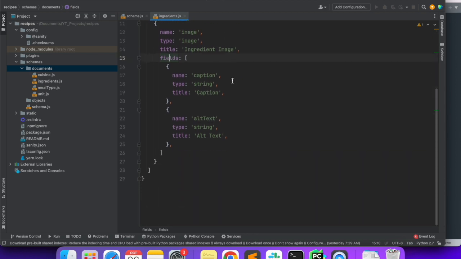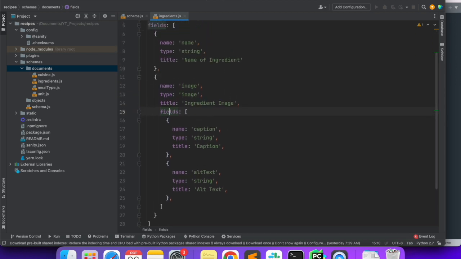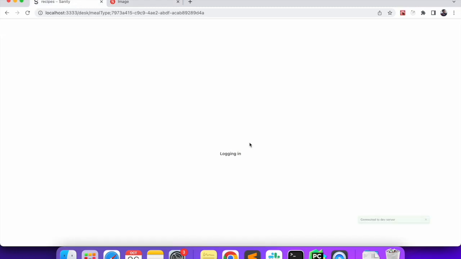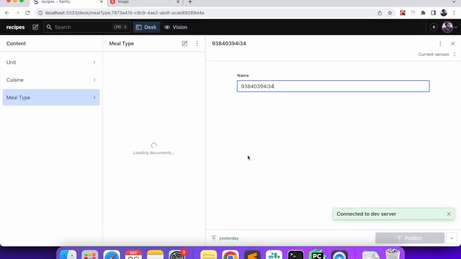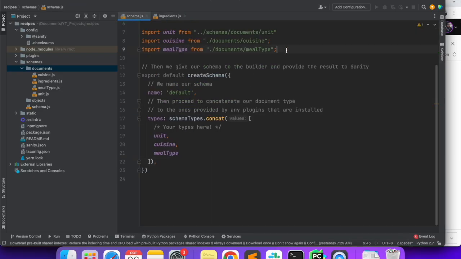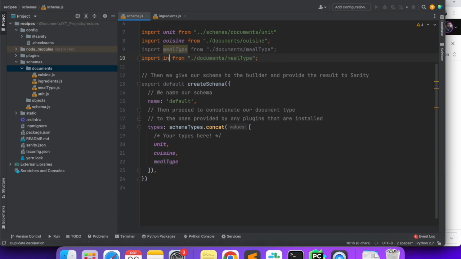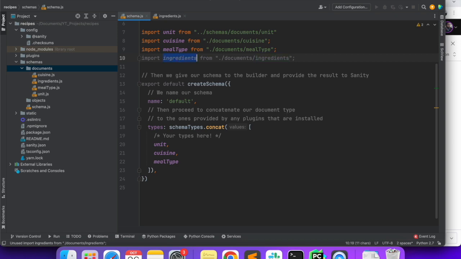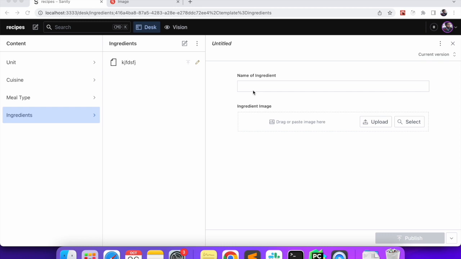Now this will work. We'll quickly see how it looks over there, and then we'll see how we can modify it a little. Okay, so I have not added ingredients in the schema. So ingredients, okay, and yeah, so we can see we have the